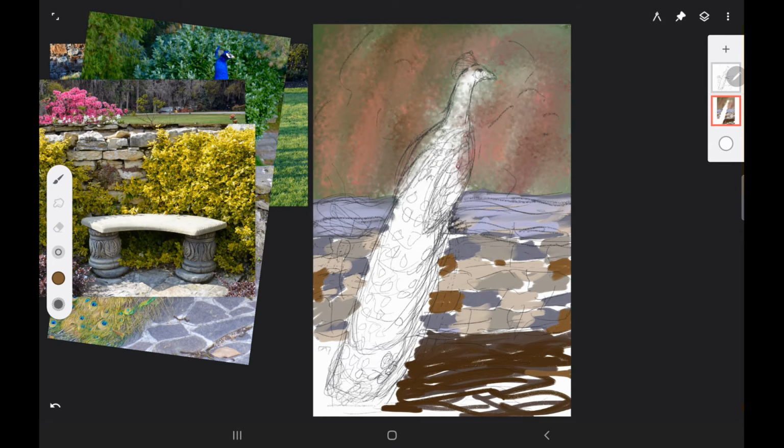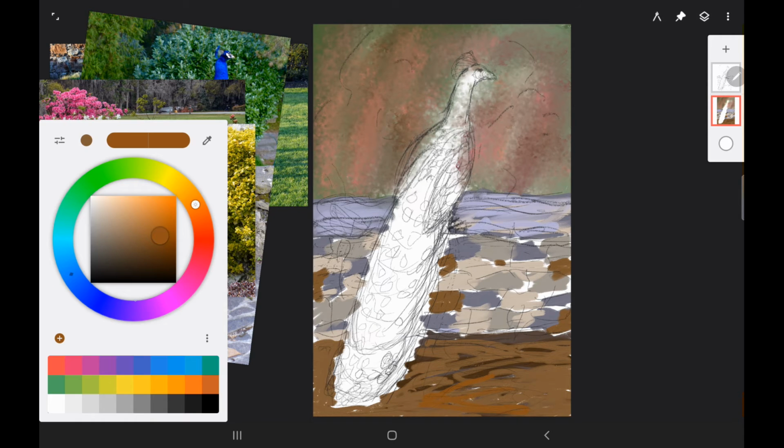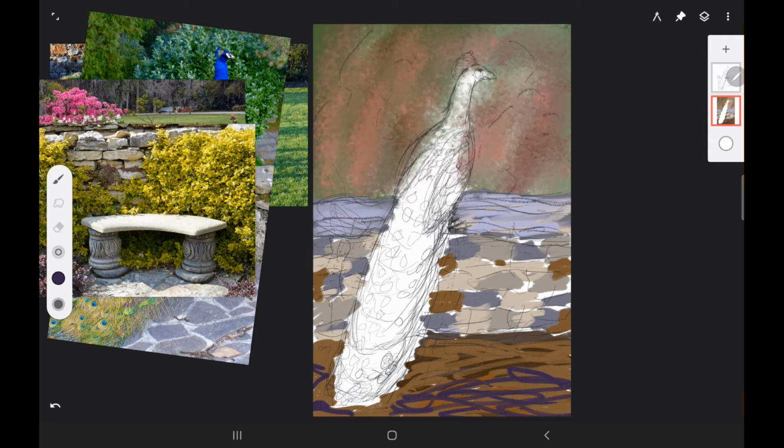And then I want to go ahead and use some burnt umber for the ground that is at the foot of the rock wall, and it'll probably be dirt, although I have pictures of rocks and pavement for the photo references. I want to go ahead and make this a dirt at the bottom of the wall instead of rocks and pavement. So I'm using some dioxazine purple again and burnt umber,